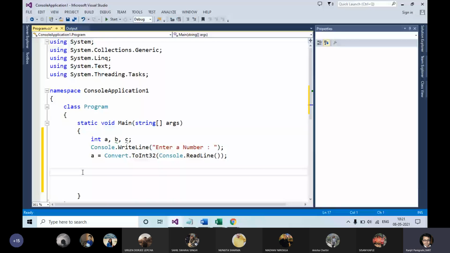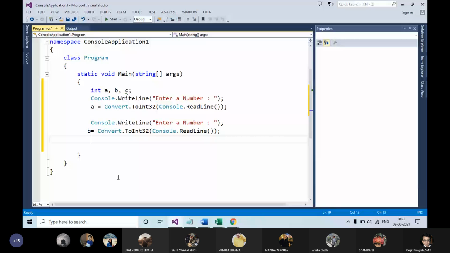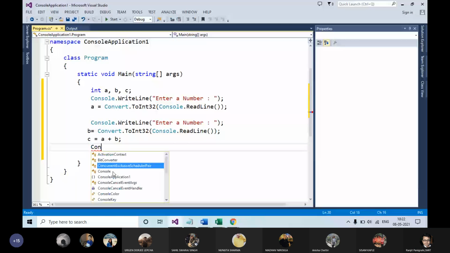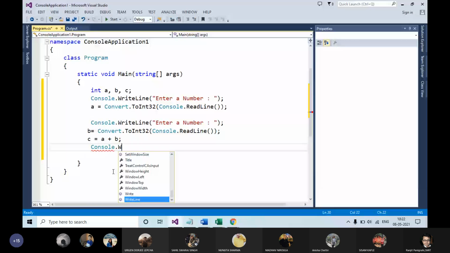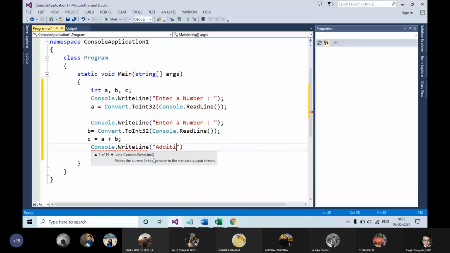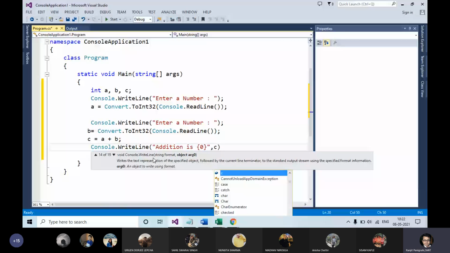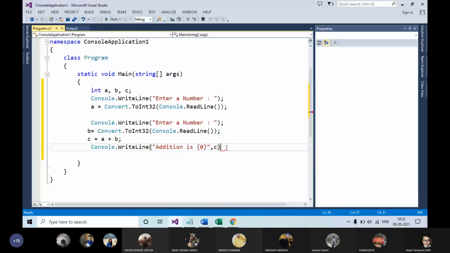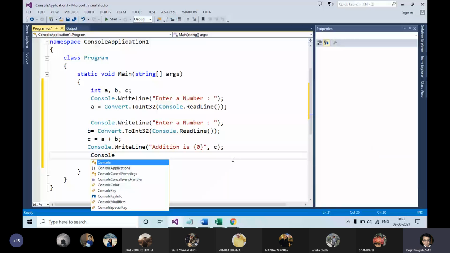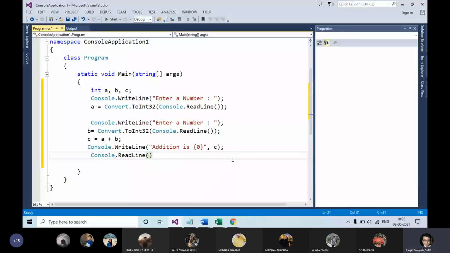Then C equal to A plus B. Console.WriteLine, Addition is C. Now Console.ReadLine. So this is clear. I'm running this program.